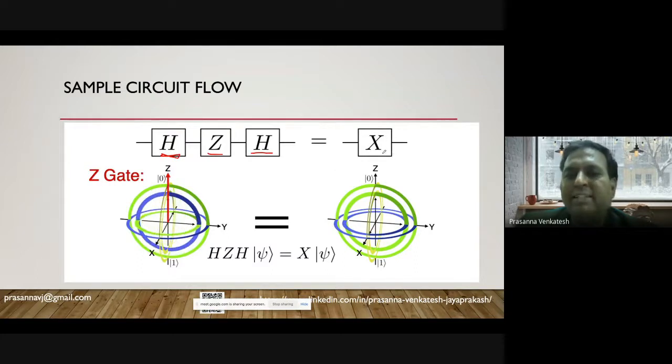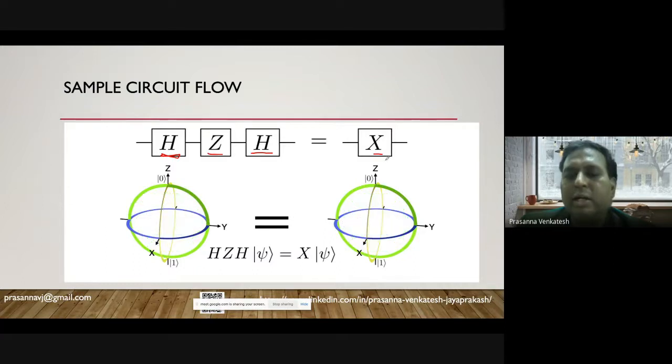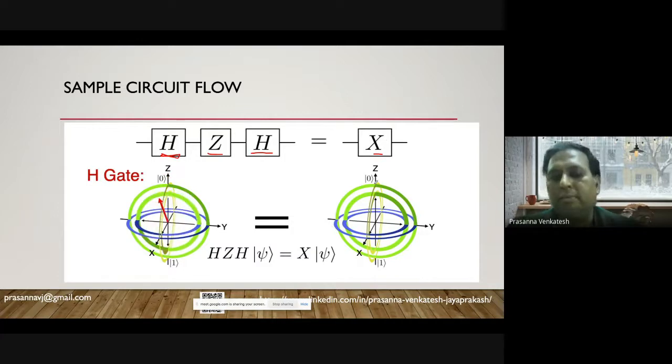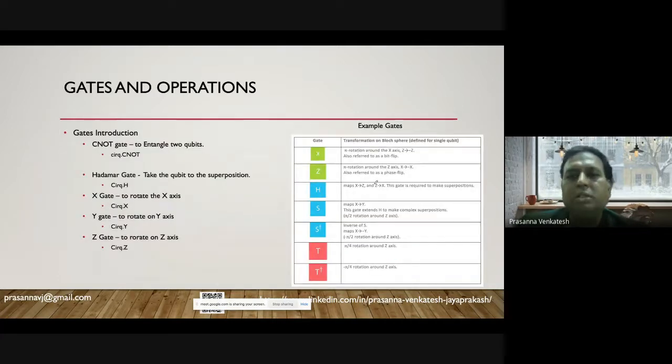You simply understand the X gate is like, you move your actual qubit on the X position. That is what you will achieve in the X gate when you apply. Okay, right. So some example gates. There are so many gates available. Even there are people every day creating their own custom gates. It's all possible.